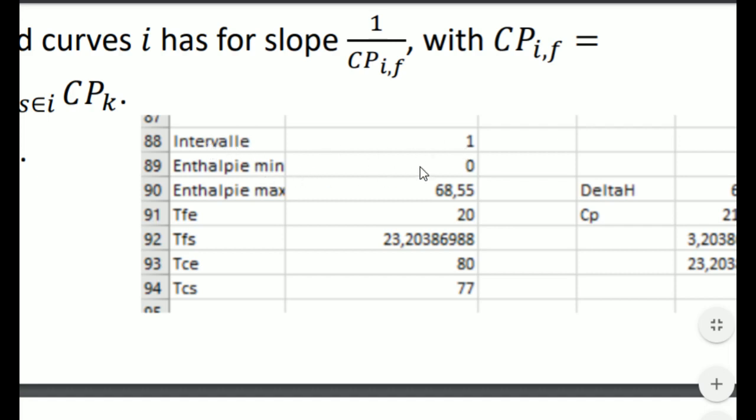So it's 1. The enthalpy mean is the enthalpy here. The enthalpy max, either I can get it from doing the value before plus the delta H that we already have, or I can just take the CumSum value. And for the mean part, when I am in the following interval, like interval 2, I can just get the value from before because the intervals are touching each other. So these are intervals of enthalpy and not intervals of temperature. So now I build intervals of enthalpy.